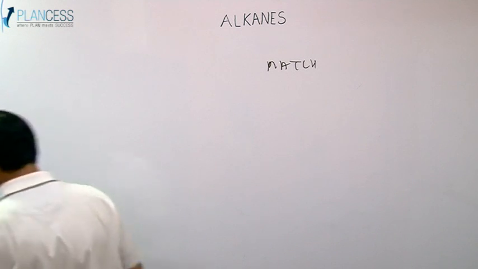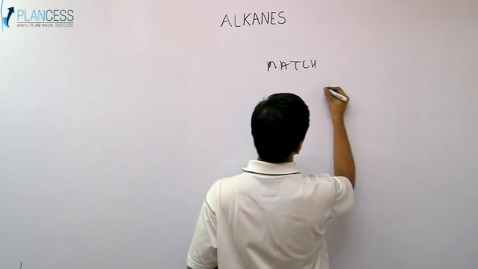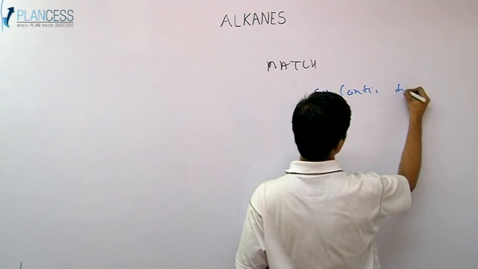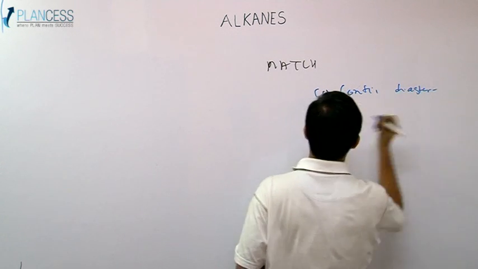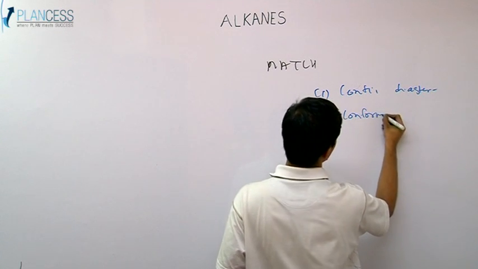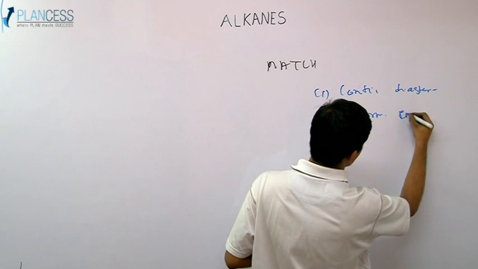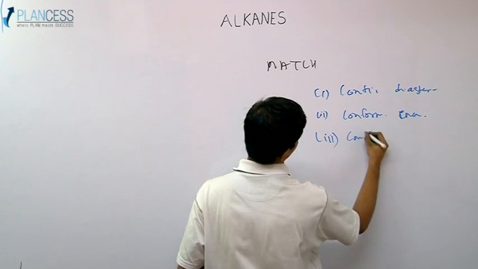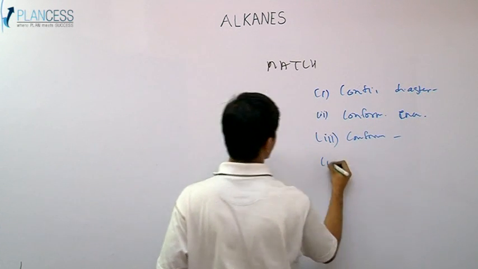The 4 options are configurational diastereomers, second one is conformational enantiomers, third option, conformations, and fourth option,